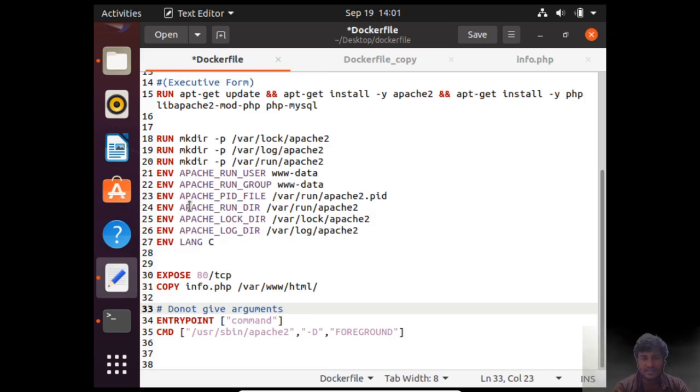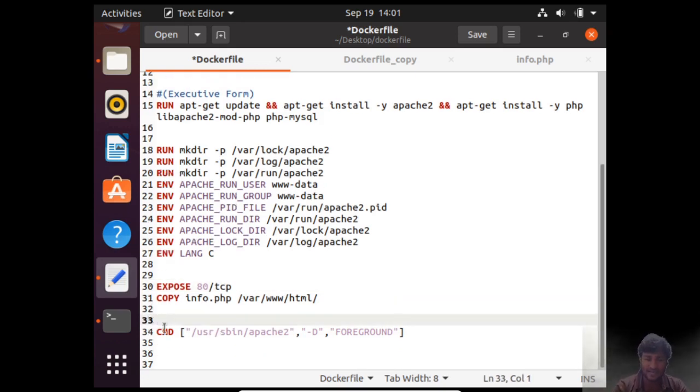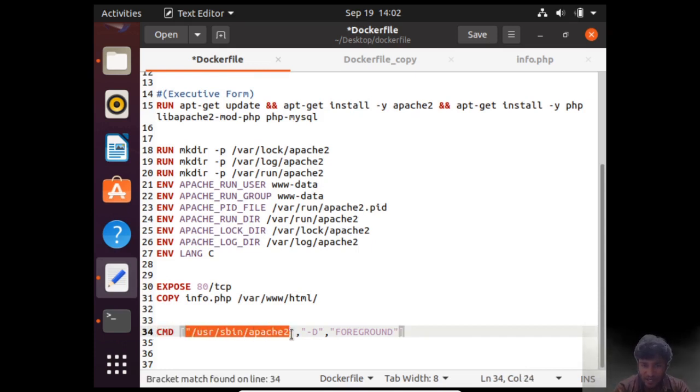In this file we were running Apache and PHP. PHP does not require interaction with the outside world. PHP just needs to be inside the container, right? The only software which requires connection with the outside world is Apache. That's why we are making Apache the entry point. So we say EXPOSE 80, so port 80 is exposed, and then, let's forget about ENTRYPOINT for now, we say CMD with this particular software, which is Apache in usr, let this interact with the outside world.